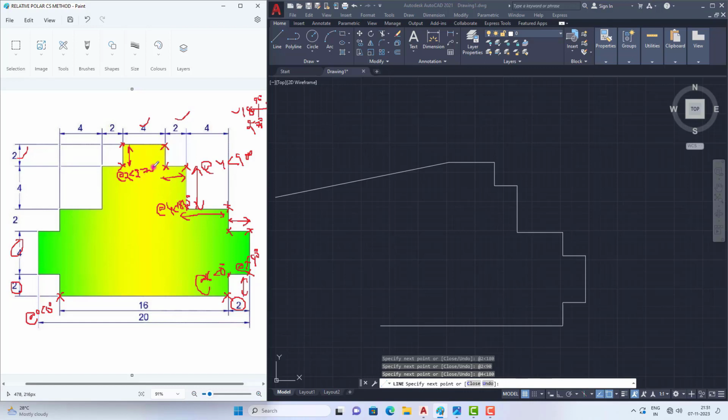Because it is the point, right? See, it is the point from here. If you want to move downwards, the corresponding angle is 270. So at the rate 2 less than 270, and we need to move to the left-hand side from here, with a distance of 2 and the corresponding angle 180. So at the rate 2 less than 180 and press enter.